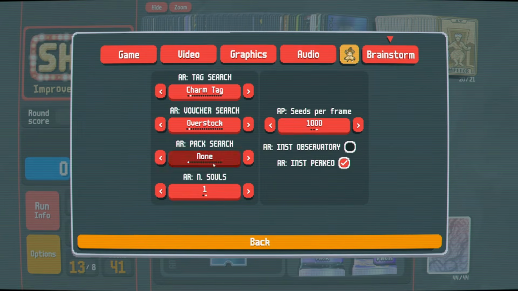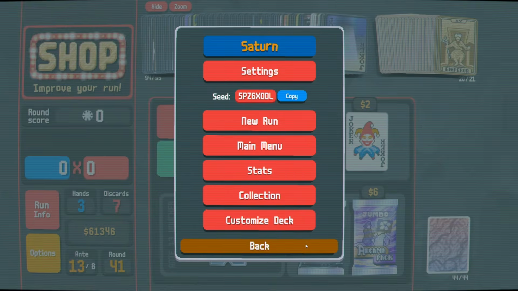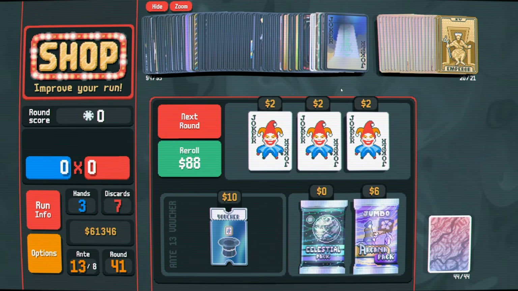So like starting with a Perkeo and an Ante 1. So technically this is a seeded run, but I did find the seed through the Brainstorm mod, so it did help. And with this being a seeded run, I'm not going to try to claim anything as a world record,